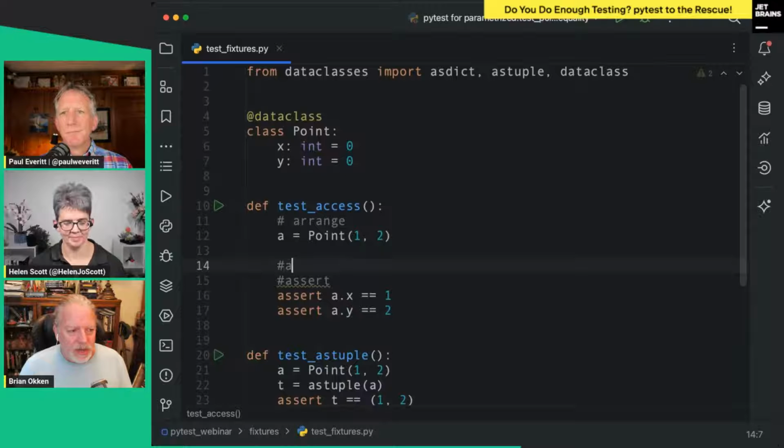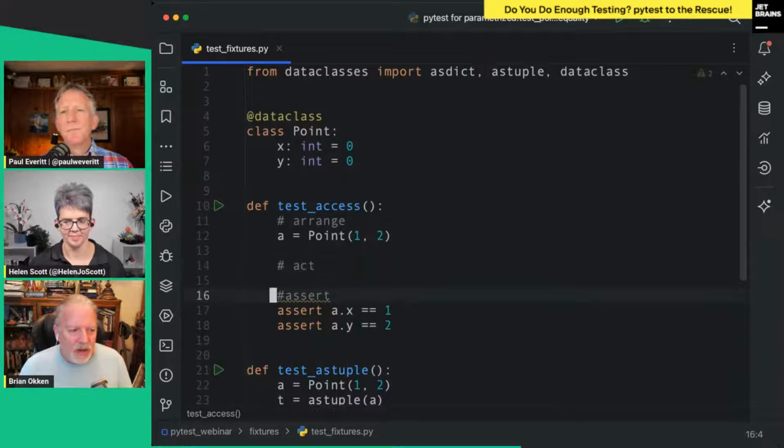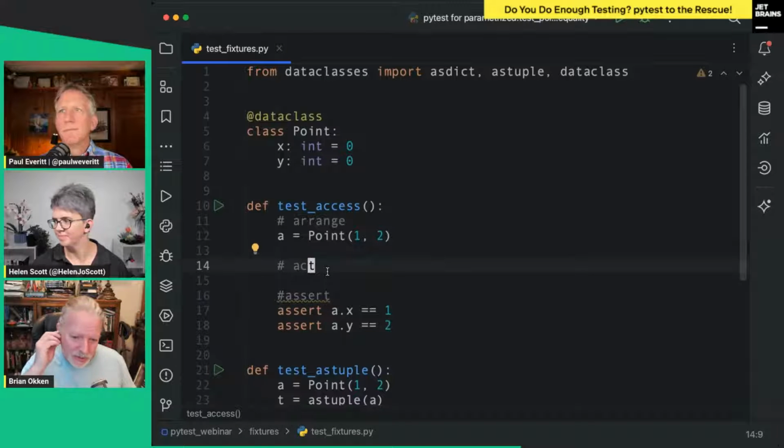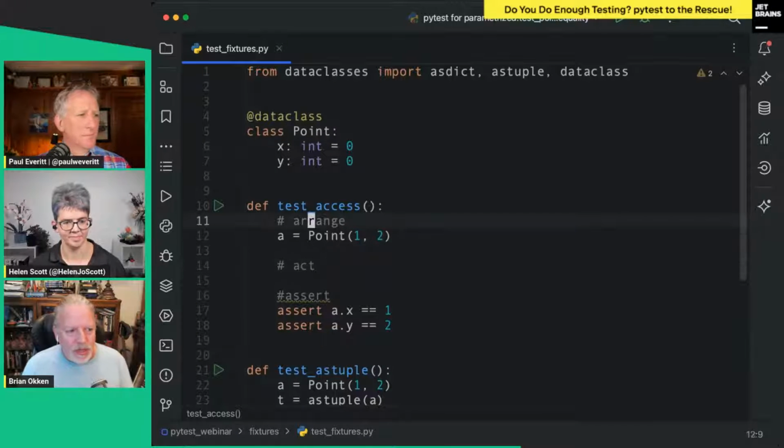So there's an act, and our act isn't here. We're not really doing anything, we're just asserting that the access is here. There's not much here, but you can imagine if I had gone off and modified the database or printed something, I'd have something in the middle.